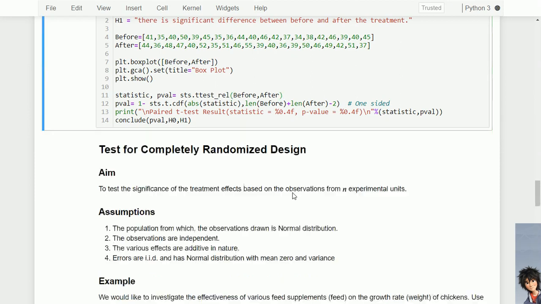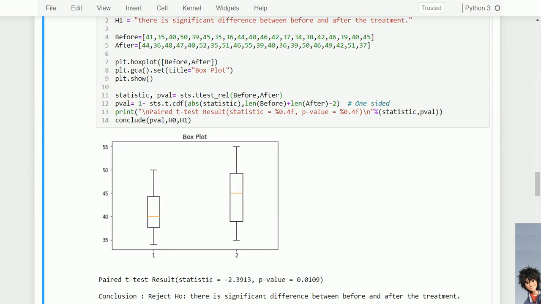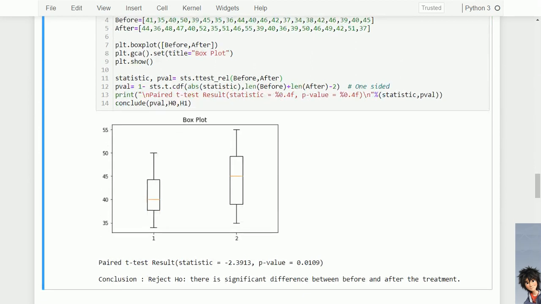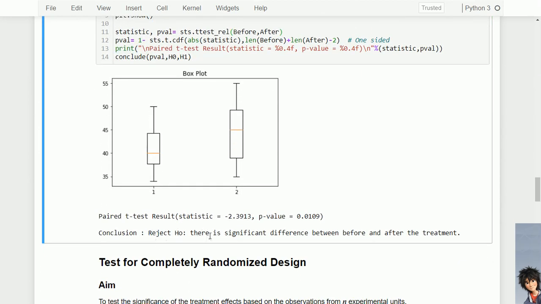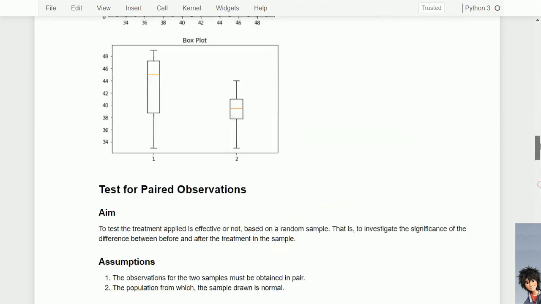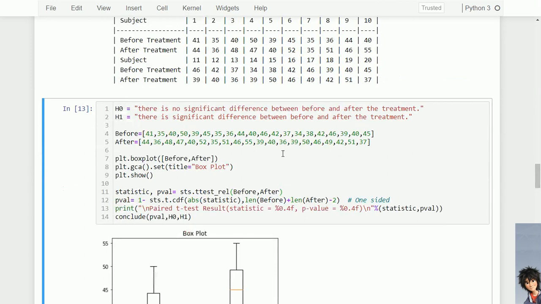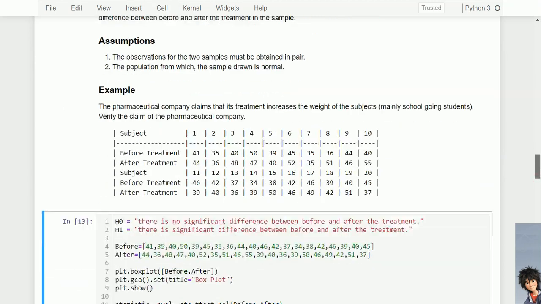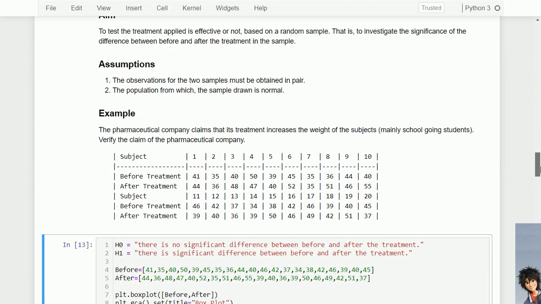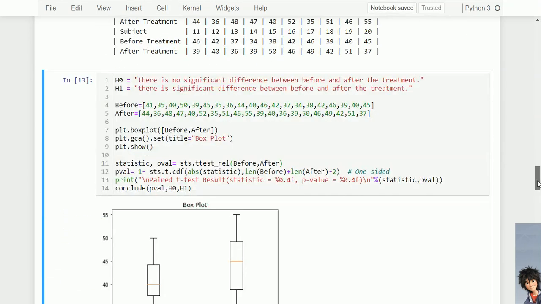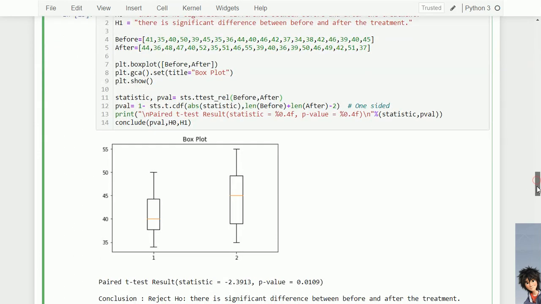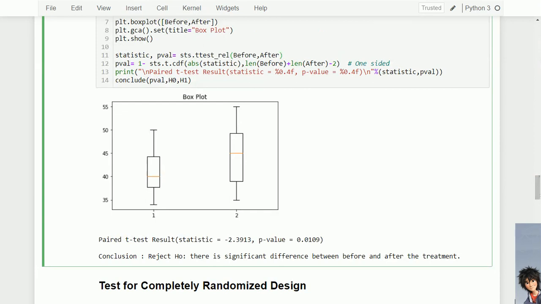Let's run this and check whether there is a significant difference. I should have changed that alternative hypothesis, that there is a mean increase in weight or something, whatever that null hypothesis is corresponding to, that we should write H1 here. Now let's neglect that. We already understand that concept.